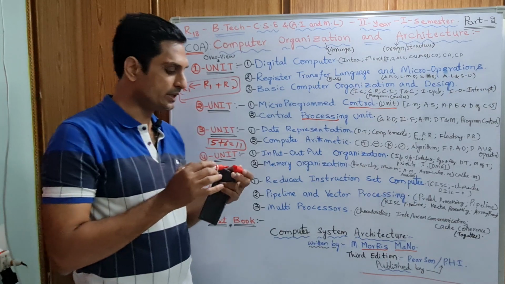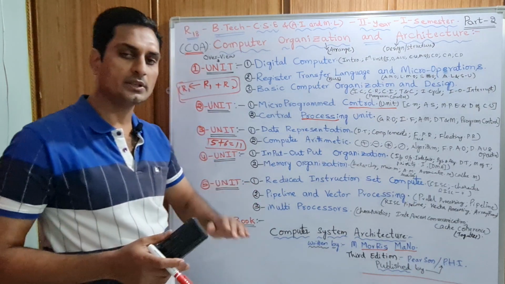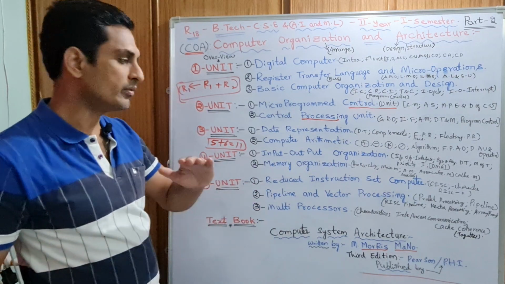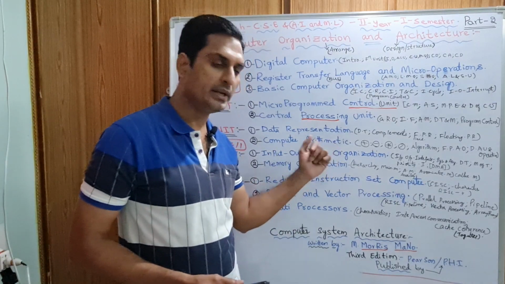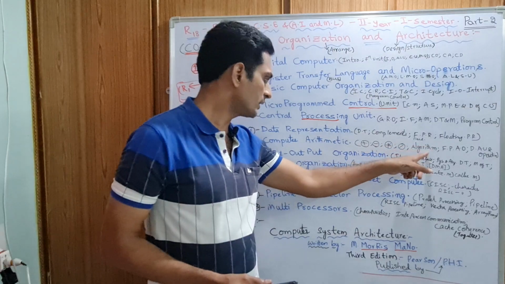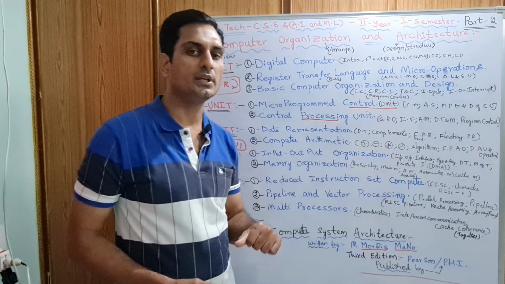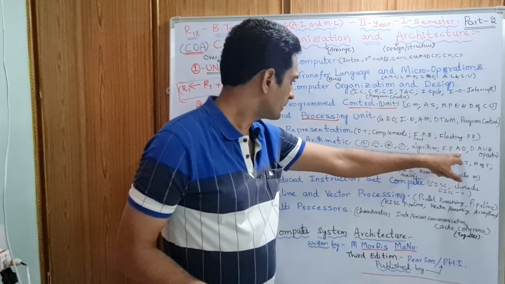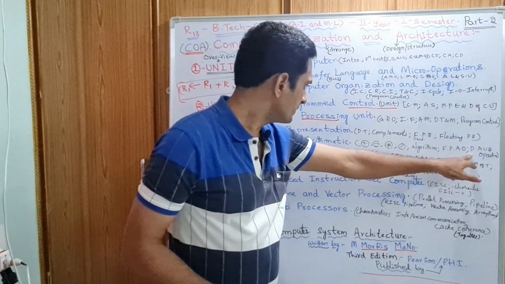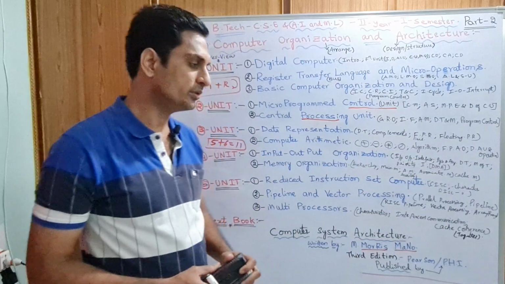But inside the computer, how will it be done? How on the motherboard, how in the processor, how in the control unit will it be done? Arithmetic logic unit, how will it be done? We are going to discuss through algorithms and diagrams that we need to explain. Right? And floating point arithmetic operations and decimal arithmetic operations are also there.